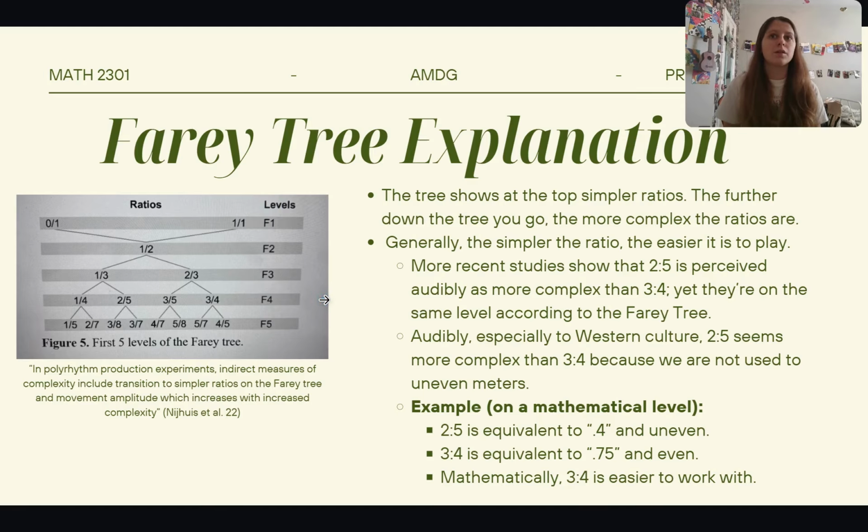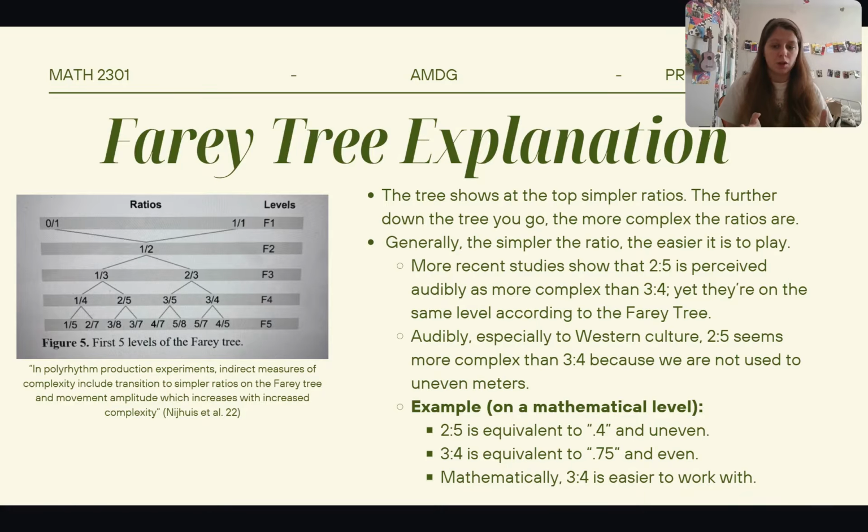Now, the article does point out, as a side note, that just because things are on the same level doesn't mean they're the exact same level of complexity. It's just more around the same level. So it doesn't mean 2 to 5 is just as difficult to play as 3 to 5. They're just around the same. Audibly, especially to Western culture, 2 to 5 seems more complex than 3 to 4 because we're not used to